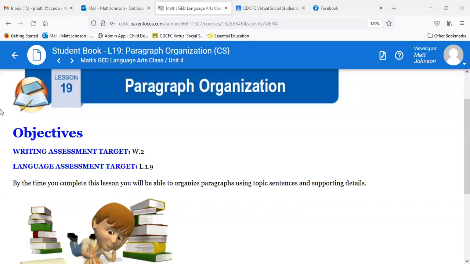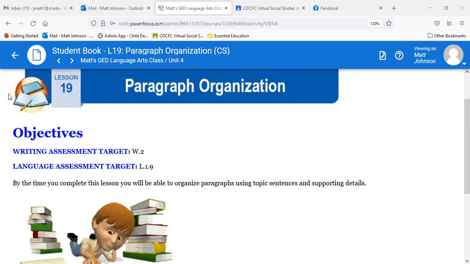All righty. So Unit 4, Lesson 19. This unit has actually flown by pretty quick. Paragraph organization. Really good lesson to help with your writing response, to help you get a little better understanding of how to organize your writing by paragraph. So by the time we complete this lesson today, we'll be able to organize paragraphs using topic sentences